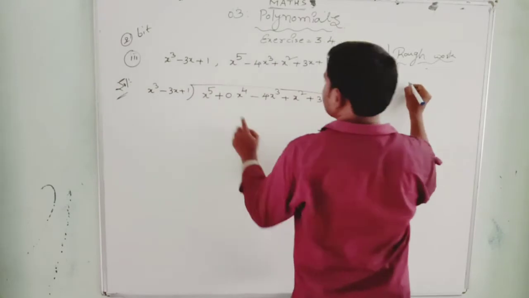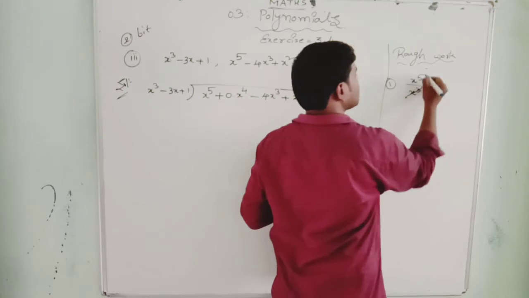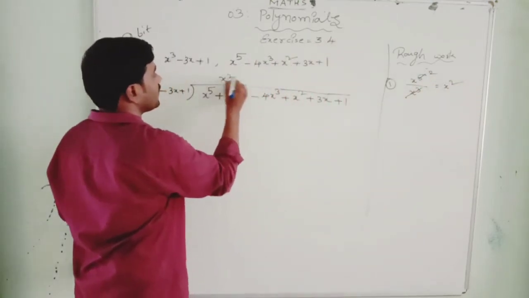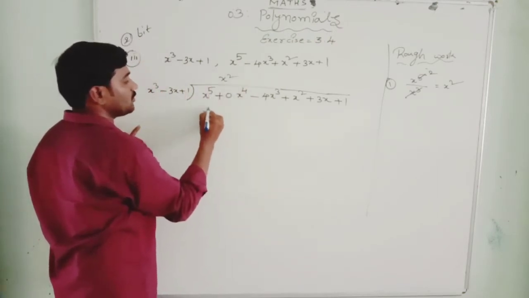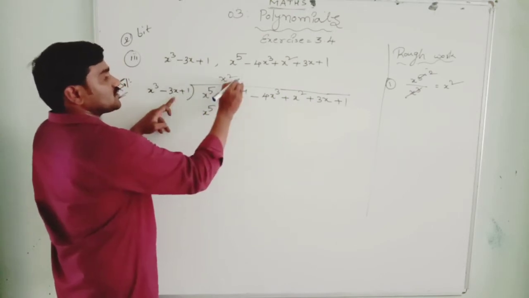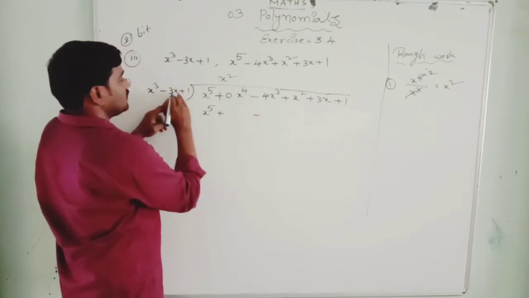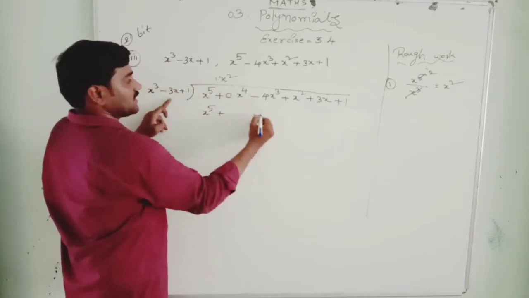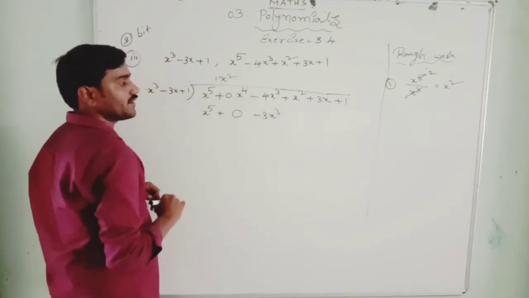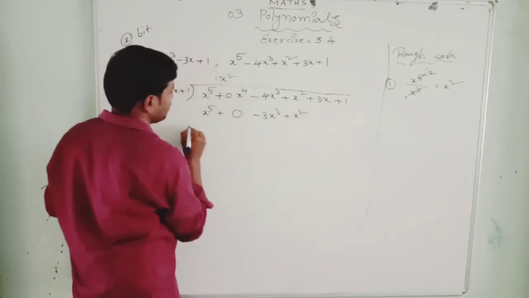Now let's go for the first. It is x to the power of 5 by x to the power of 3. 3 x's are cancelled here, 2 more left, that is x square. We write here x square. x square into x cube, x to the power of 5. x square into minus x gives x cube. x cube in the sense we get here, that is plus into minus 3, here nothing but a 1, 3 ones are 3, x into x square, x cube. Here it is 0 completely. Now 1 into x square, so here it comes x square.